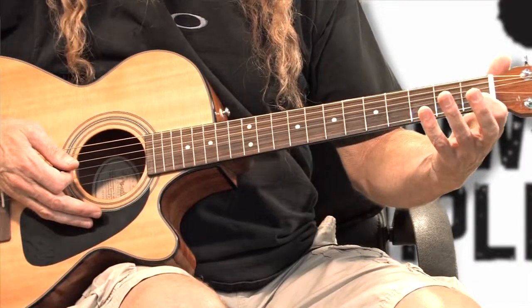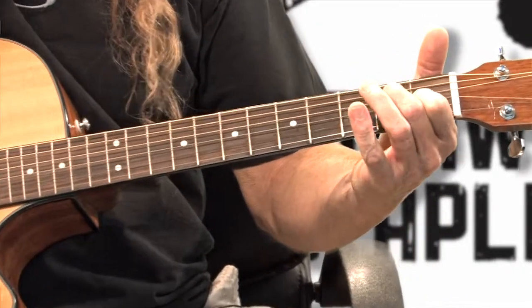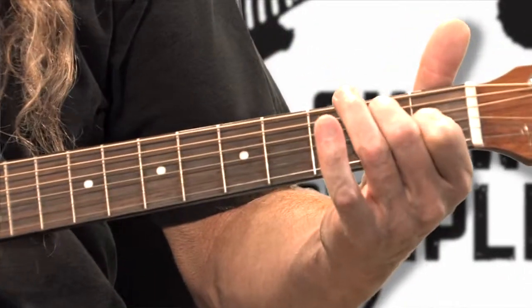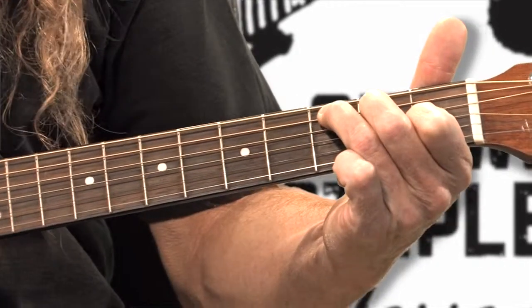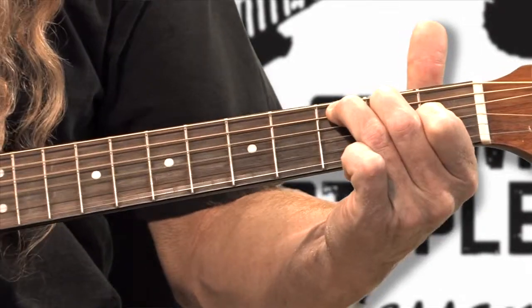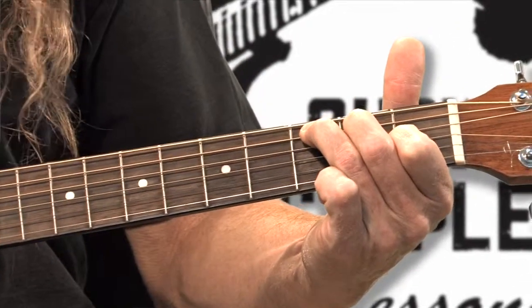All right, your next chord is a C chord. The C chord is going to start off by putting your first finger on string number 2, 1st fret. You're going to put your second finger on string number 4, 2nd fret, and your third finger on string number 5, 3rd fret. This is a 5-string chord, and it should sound like this. Now, once again, double check your chord,